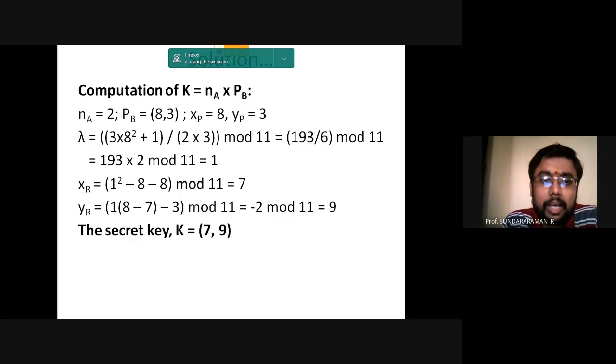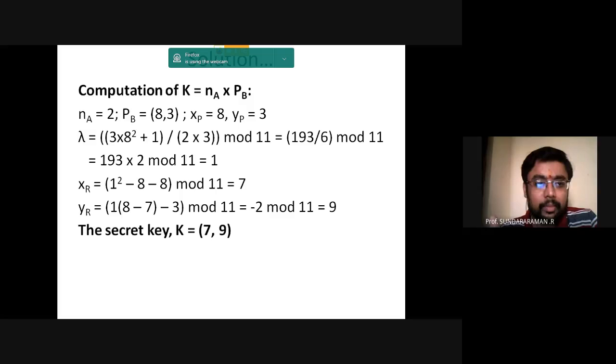So 3 into XP square plus 1 divided by 2 into YP. So 3 into 8 square plus 1 divided by 2 into 3 mod 11, which is nothing but 193 by 6 mod 11. So 6 inverse mod 11 is equal to 2. So 193 into 2 mod 11 results in a value 1. So lambda is equal to 1 as the intermediate